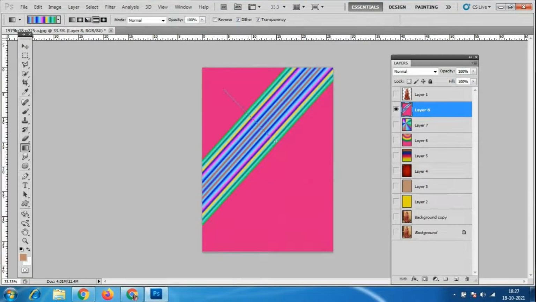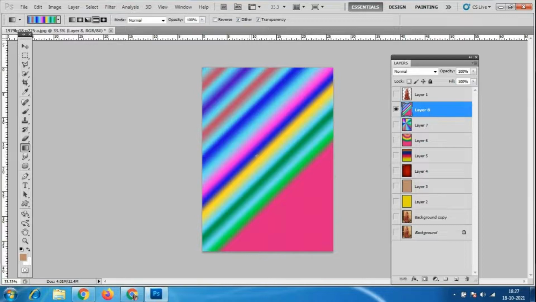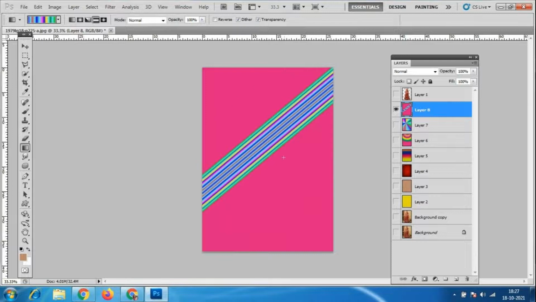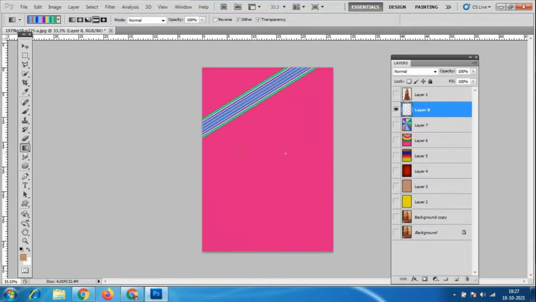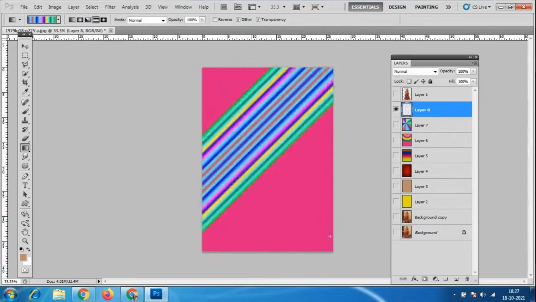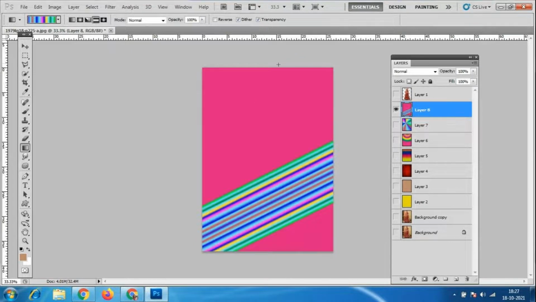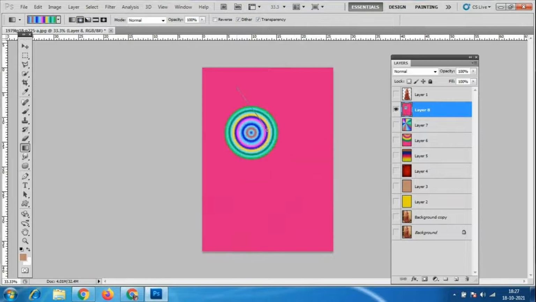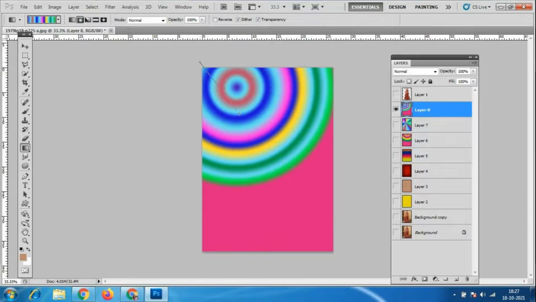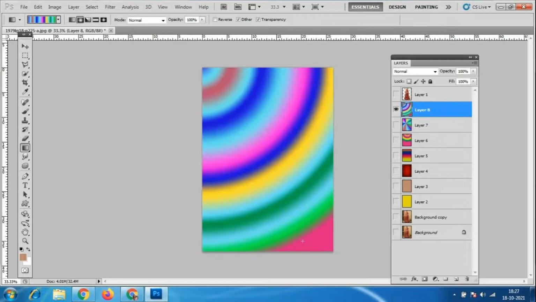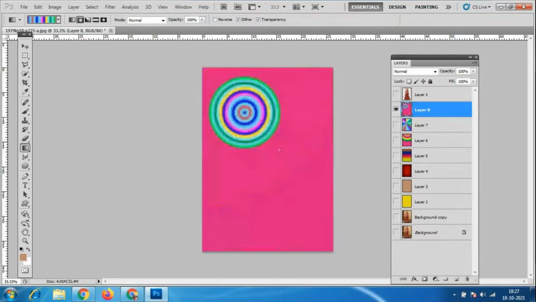If I drag it like this, you will have a very long thing, and if I make it a little smaller, you'll have small lines over here. If I use a circular one, you will get things like this. If we drag it so much, we'll get a very big circle, and a small circle over here.